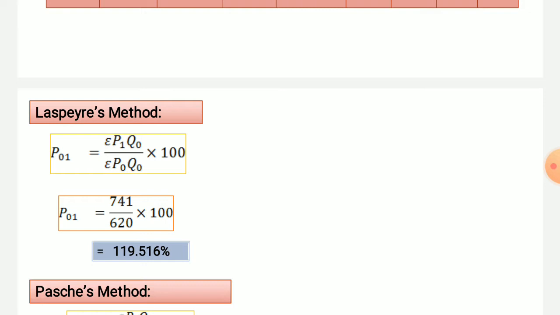Substituting the values, sigma P1Q0 741 divided by sigma P0Q0 620 into 100. So the answer is 741 into 100 divided by 620, which gives us